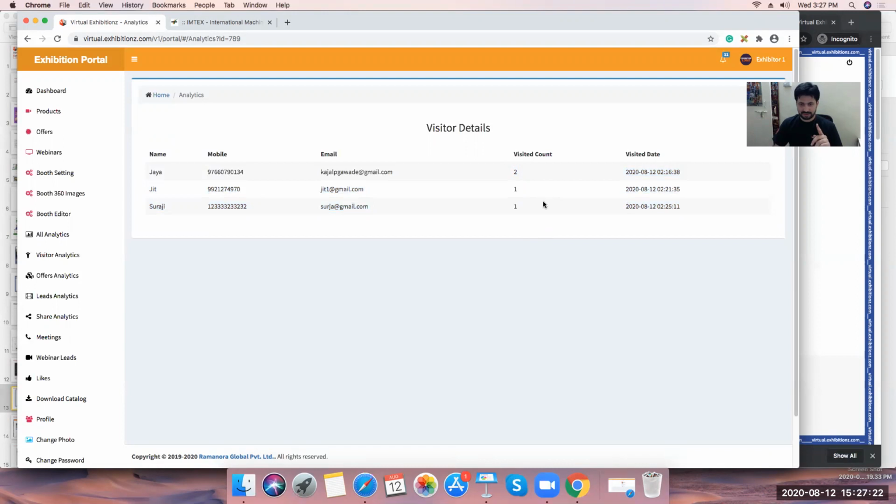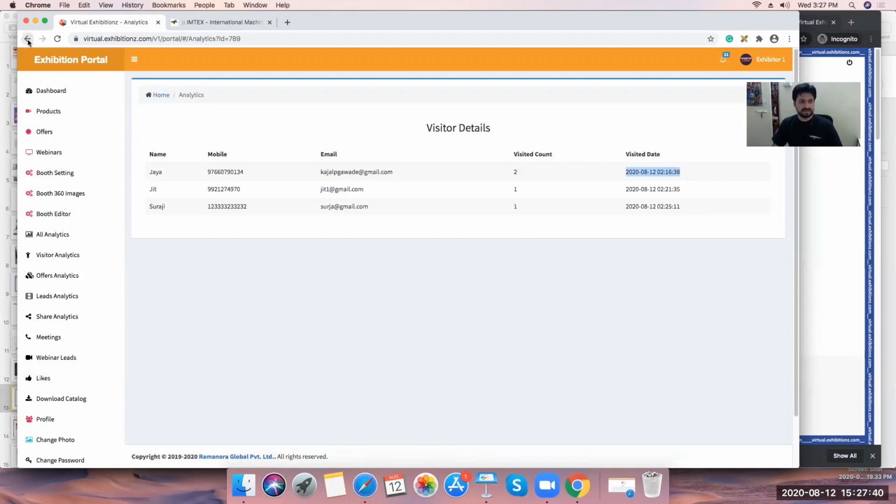So will it give a log about that client, about that specific person? The 2 times it is showing, visited 2 times. Will it give me the count? What time did he come in? When did he come in? Yes. Because right now it is just showing one visited date. Yeah, we're showing the latest date over here.